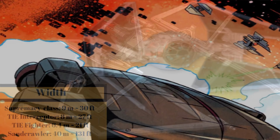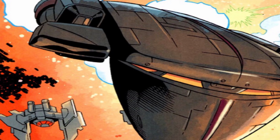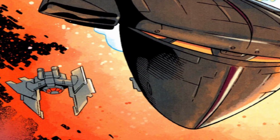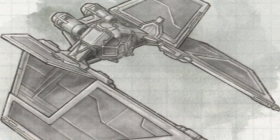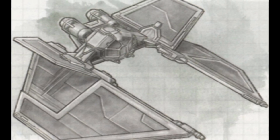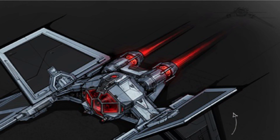Its cost was unknown, and like the later TIE fighters, it did not come with any hyperdrive, but the Supremacy-class starfighter was protected by shielding, though this was relatively minimal, and even the hull of this fighter wasn't very well armored. It was operated by a single pilot, who with enough skill, could use this pair of powerful ion engines,